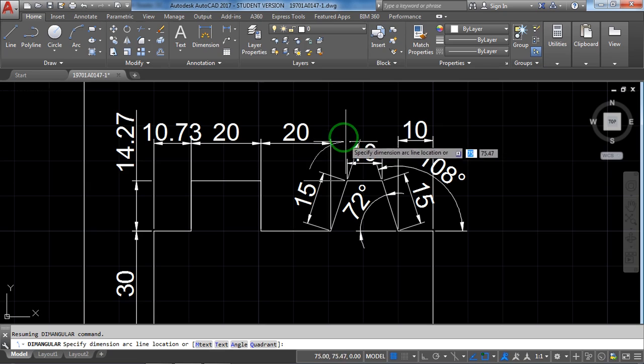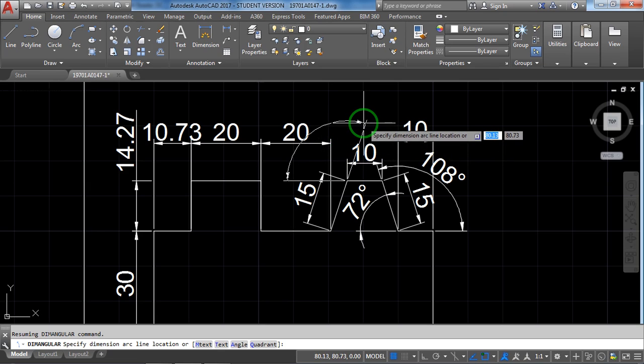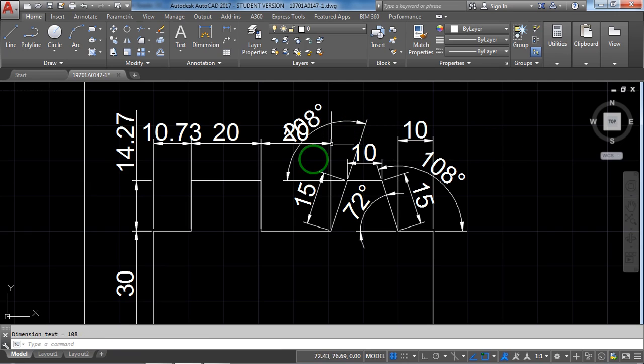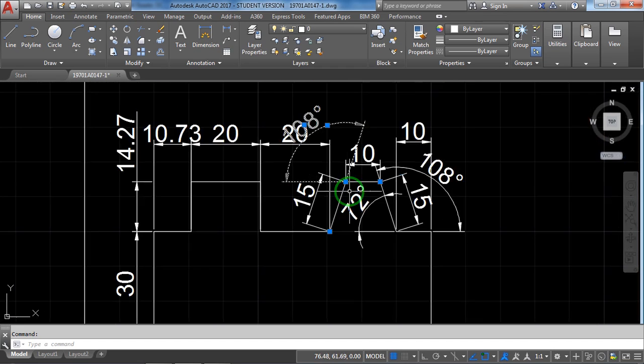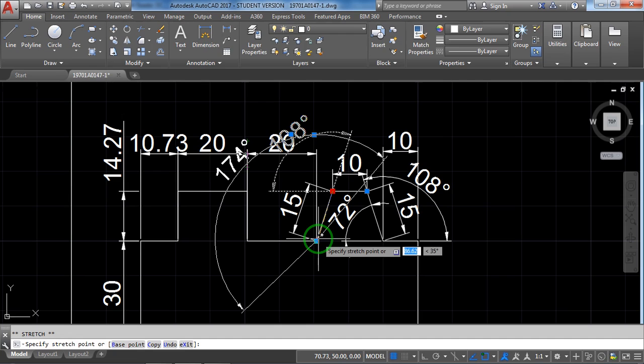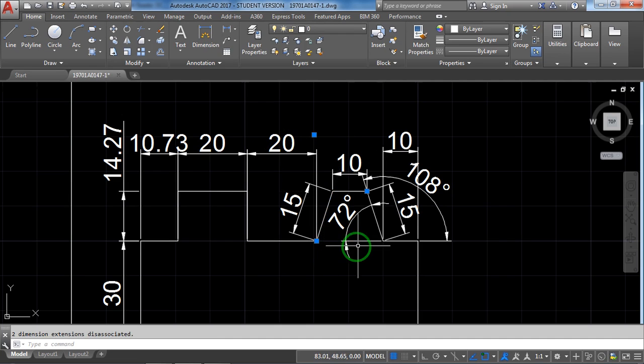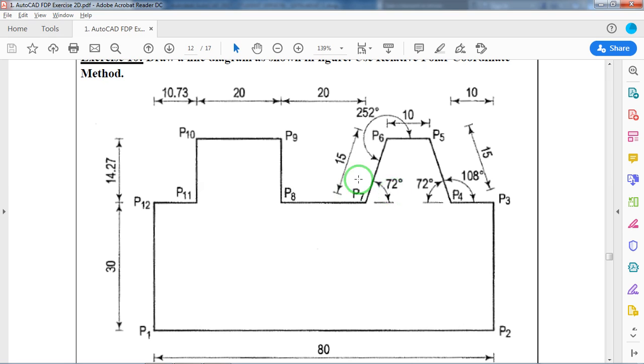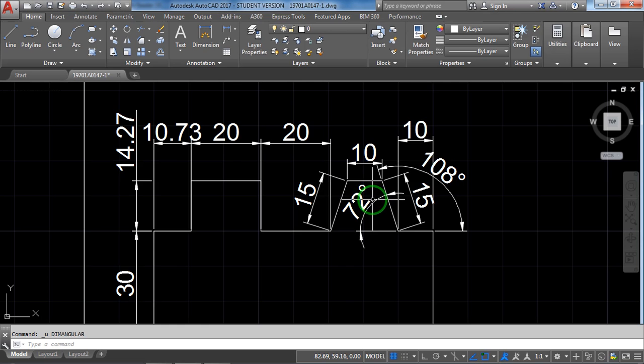Now this will give the angle up to here. If you keep it, it's only 108. But if you select this, actually the line has been selected between these two points and these two points. Now you can change that. That will be the angle of 252 degrees.